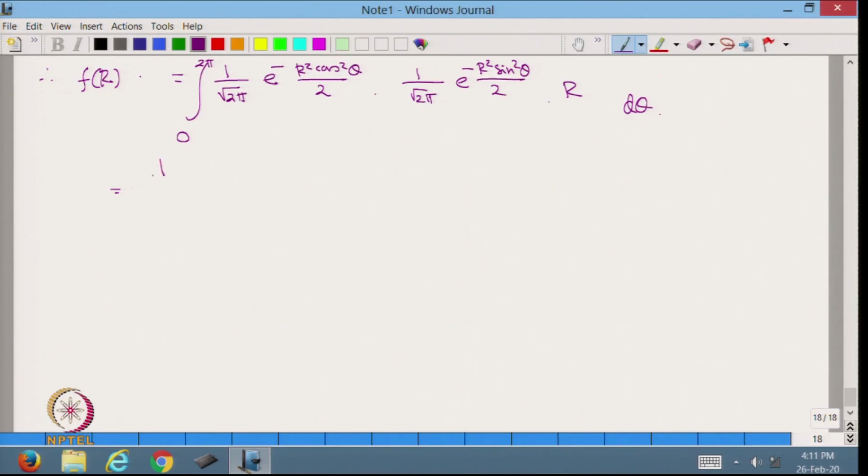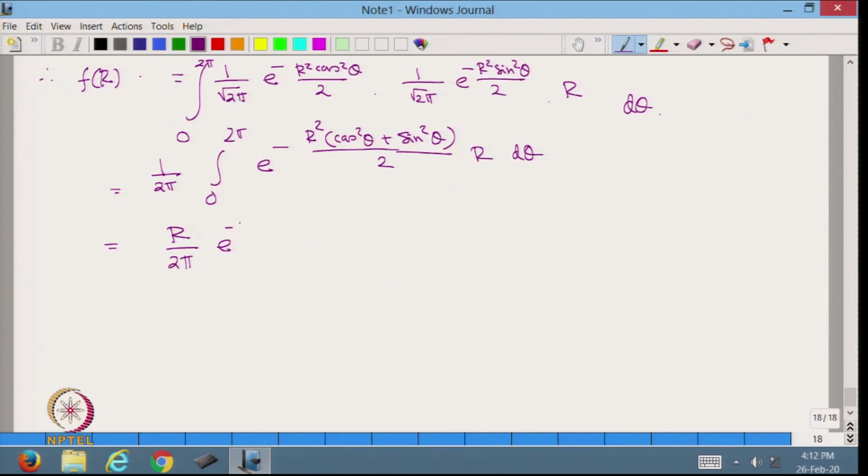This is equal to 1 over 2 pi, integration 0 to 2 pi, e to the power minus r square into (cos square theta plus sin square theta) divided by 2, r d theta, which is equal to r by 2 pi